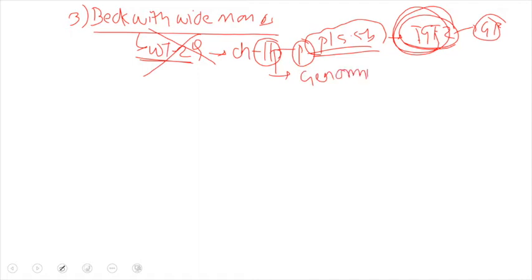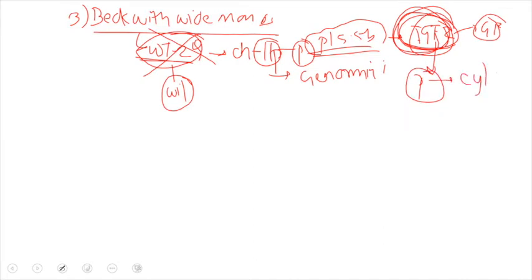So a genomic imprinting defect happens in this disease, and this patient will manifest with a defect in the WT2 gene and gain of function in the insulin like growth factor 2 gene. Because of the WT2 gene defect, that will manifest with Wilms tumor. And if there is a gain of function in the insulin like growth factor 2 gene, it will manifest with proliferation of cells at different sites, resulting in cytomegaly. Cytomegaly happens because of this increased amount of growth factor, and this cytomegaly will result in organomegaly, which happens in different organs.